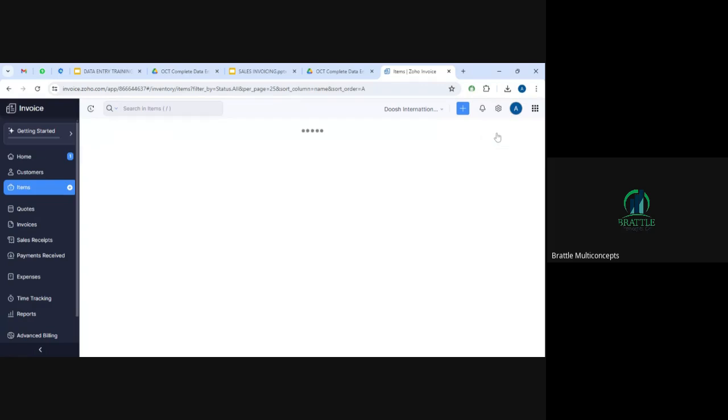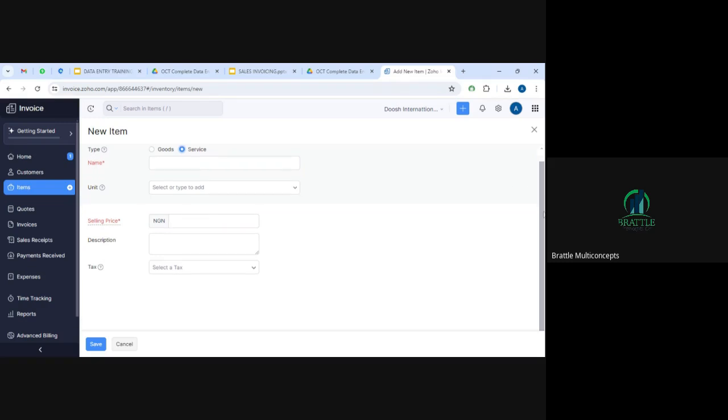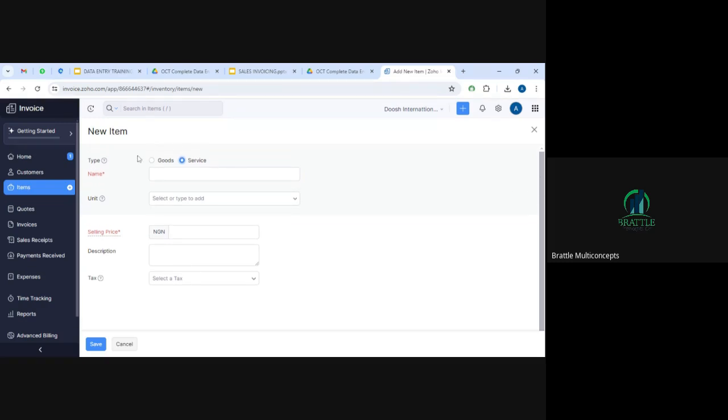So click on new. It's going to give you this interface. So we have two things there, goods or services. What are you selling? If it is services, you check this. If it is goods, you check this. The difference is, services in most cases do not have opening balance and closing balances. But goods may have beginning balances. You may have how many quantity you have before, if you are using inventory. But in our own case now, we are using Zoho Invoice only, not Zoho